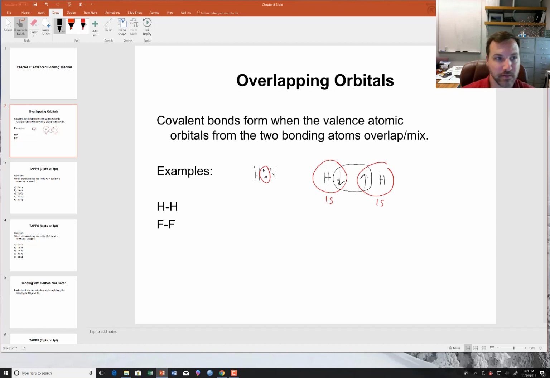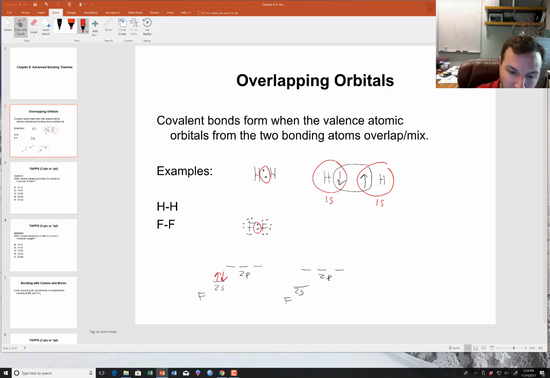So if we look at a fluorine molecule, so if we look at the Lewis structure for F2, again, we'd see something like this where we just use the two electrons or these two dots in our dot symbols to represent that's the electron density that's being shared. Well, if we look at two fluorine atoms, of course we know that we have 2s and 2p orbitals that comprise our valence orbitals. And if we draw in our electrons,